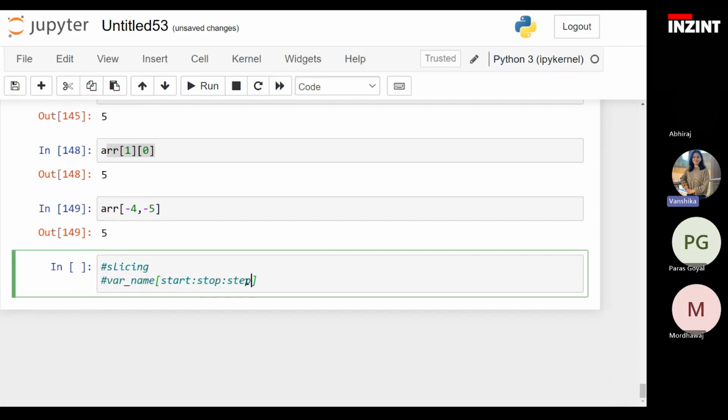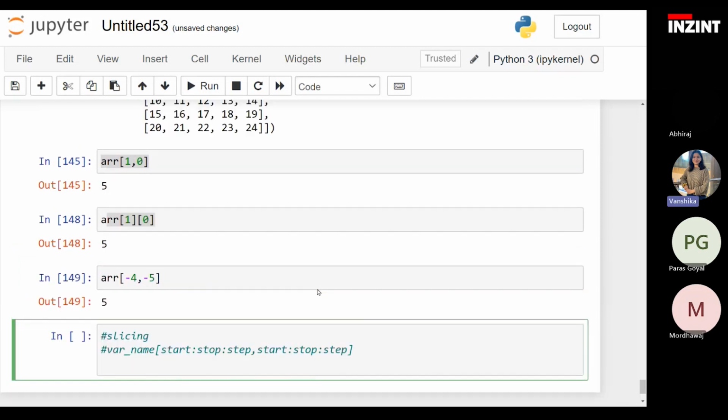So there is going to be start, stop, and step for row and start, stop, and step for columns. All the values are optional. You can ignore them or you can include all of them. That totally depends upon your criteria of slicing. So let's try to slice